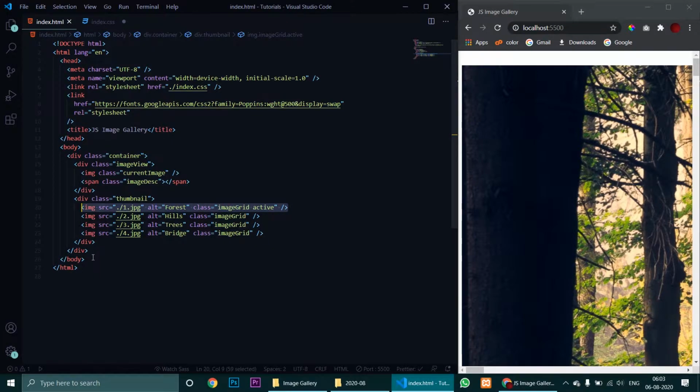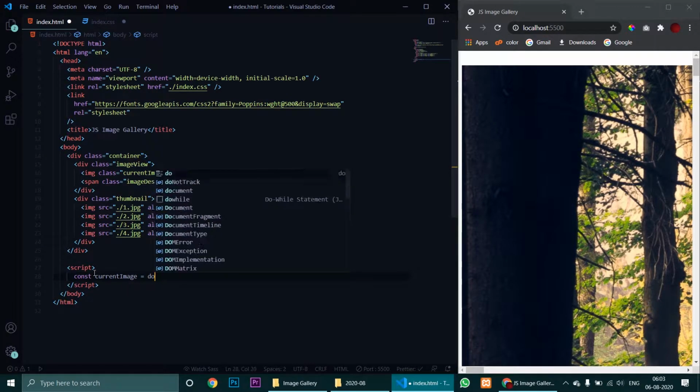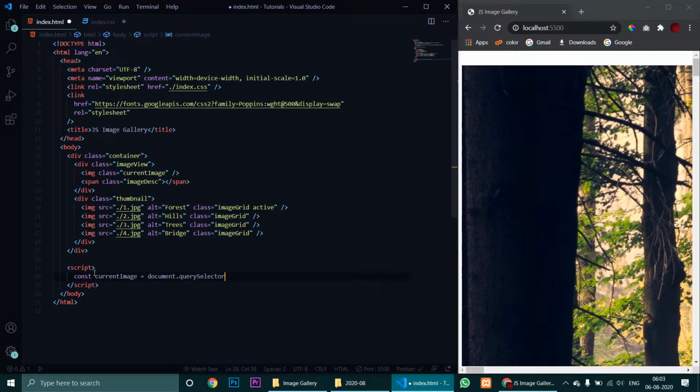So let's get to the script and let's get these two elements first. Let's extract this using JavaScript. So const document.querySelector, then this, and we also need the span tag which will hold the description.